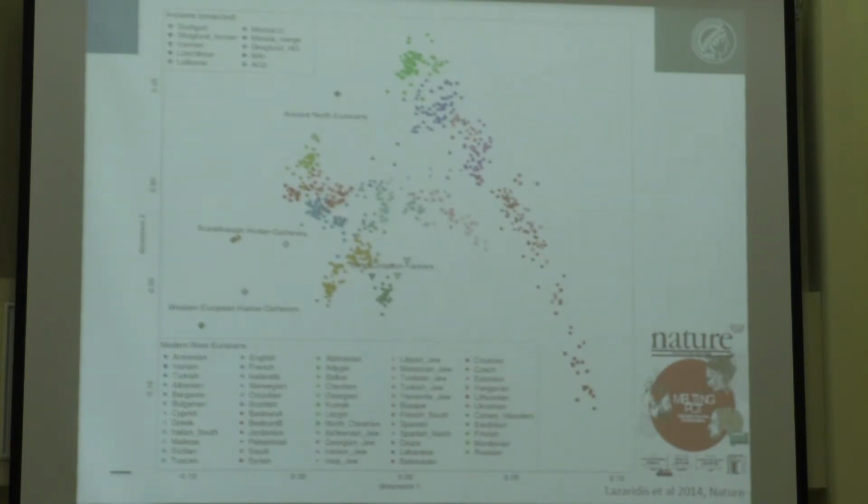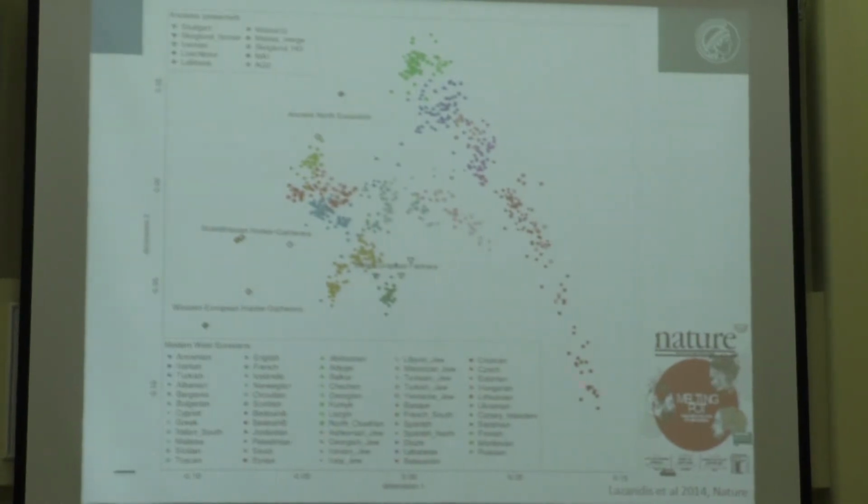And what you see here is this colorful cloud that doesn't seem to mean so much if you look at it. But what you see here is what we call the Near Eastern cline. So this reaches from the Caucasus. So this is people from the Caucasus. This is people from Anatolia. This is people from the Near East, or from the Levant, so modern-day Jordan, Syria, and so forth. This is mostly Bedouins, so kind of North African population, or population that also live in the southern Levant. And this basically stretches from northern Africa, so modern-day Egypt,